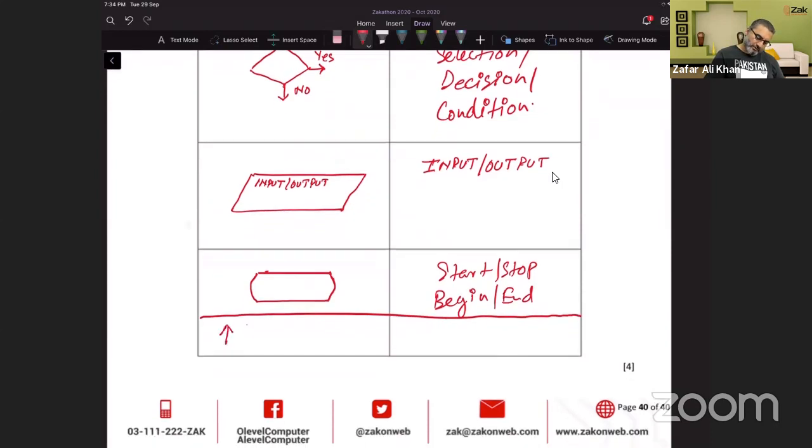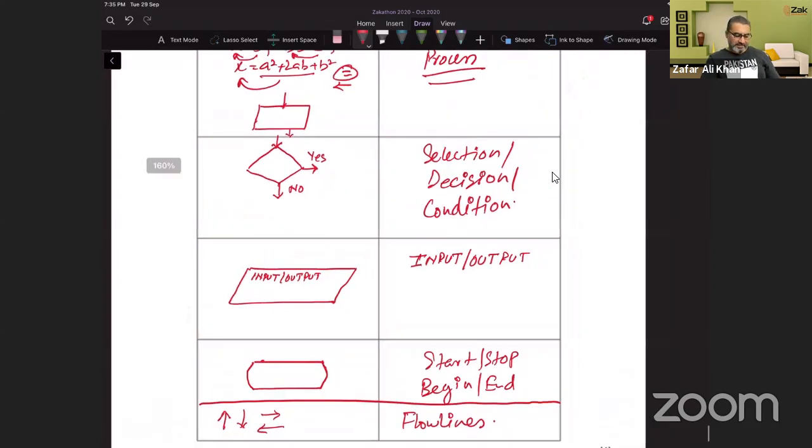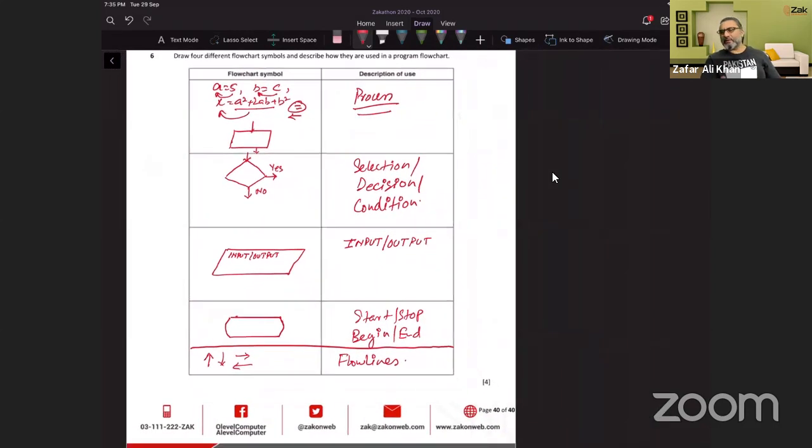Arrows might go towards the top, towards the bottom, towards the right, towards the left, but do not use diagonal arrows. That's not a restriction, but it's a good idea. We call them flow lines, that tells where to go. So just these 4 symbols and flow lines are used. Flow line itself is a symbol, but whenever they ask, please be attentive. Okay. Now,